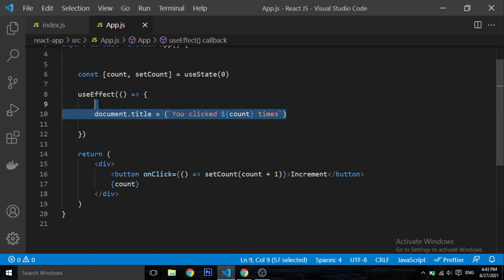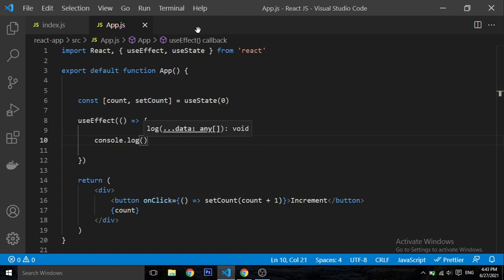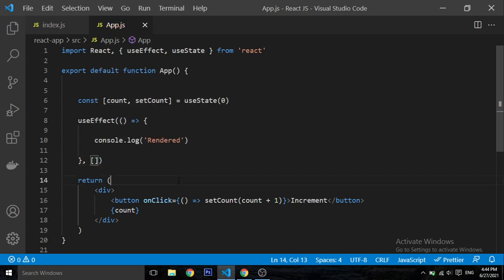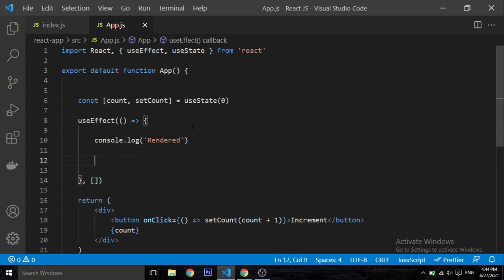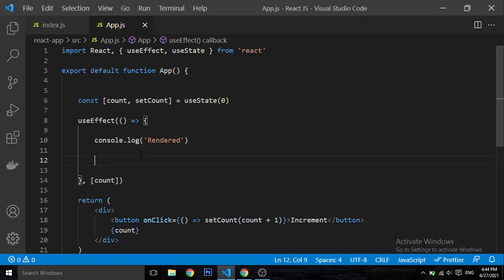And I'm just going to give you another example where we clean this. So here in our console, you will see what this is doing. I will just type render. So whenever I want to do this, only the first time. But then when I pass a count here, every time, let me just show you so you will understand better. As you can see now, how many times we click, this is rendering. I want to return, or this is called cleanup.